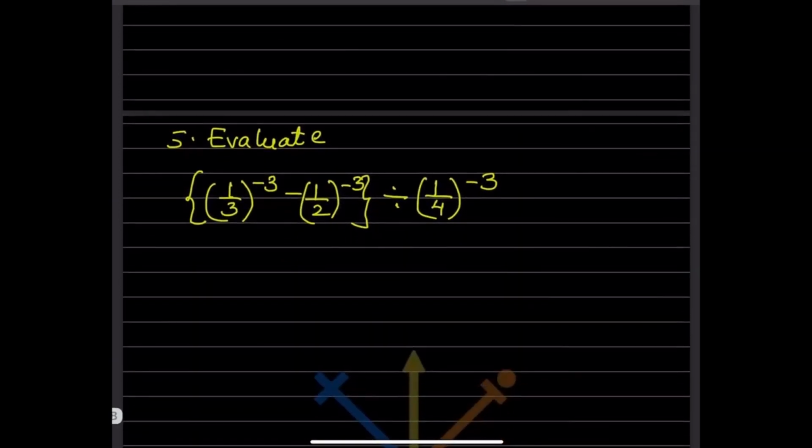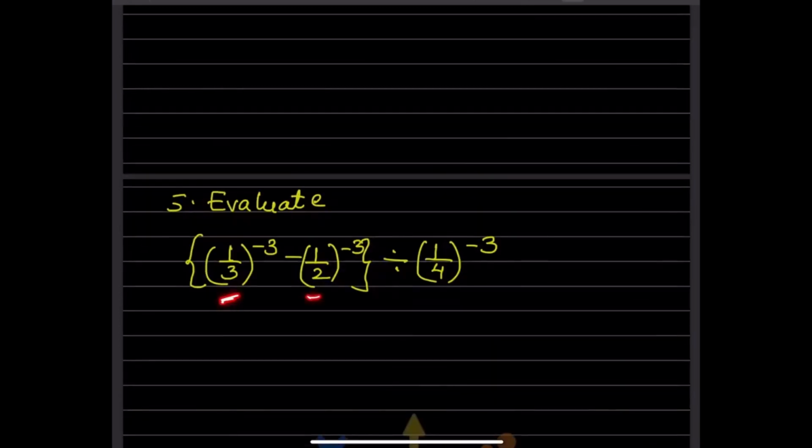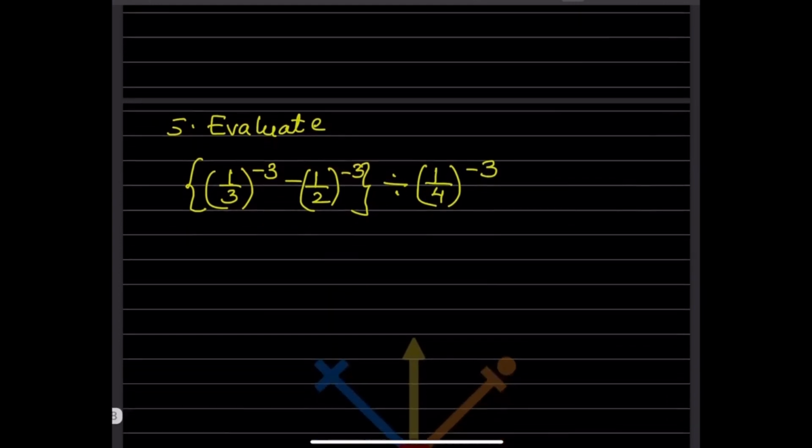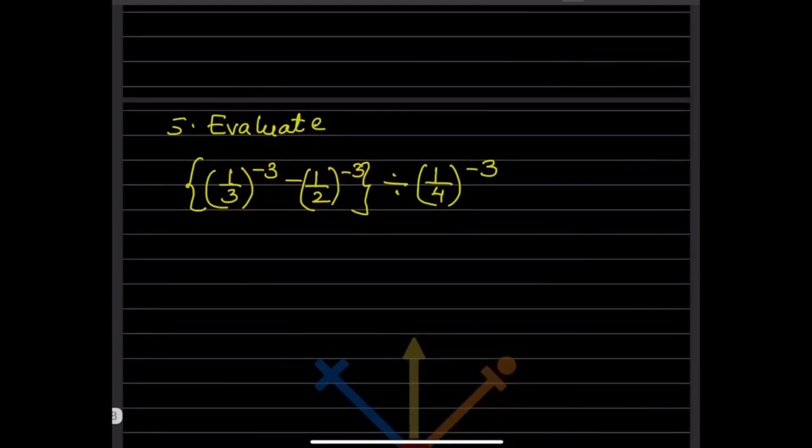So the next one here, now you can see the bases are different, but the exponents are the same. So if that is the case, or we can do one thing over here, even that can be considered, or we can make the first negative exponent positive. So you can write here 3 raised to 3, because this will get flipped over. Again this will get flipped over, so it is going to be 2 raised to 3, and here that is going to be 4 raised to 3.